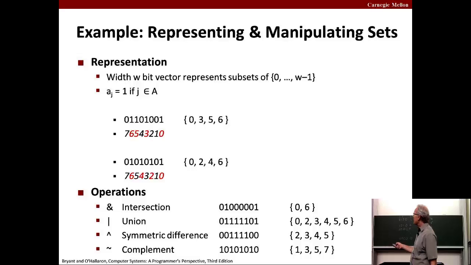So the idea is that the AND operation becomes like set intersection, the OR operation becomes like set union, and the exclusive OR operation is what's called symmetric difference. And tilde is like set complement. So these are actually very common. For example,